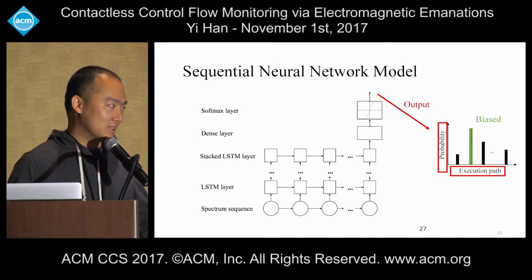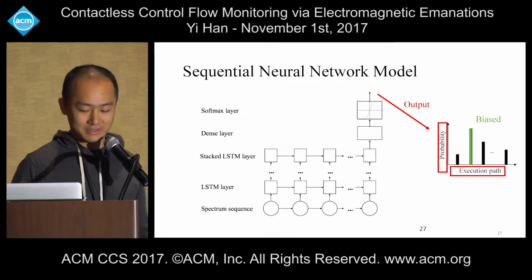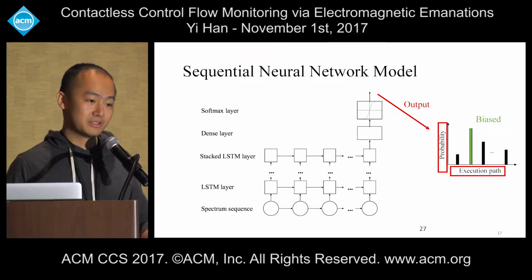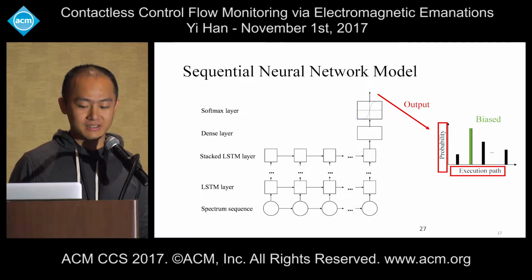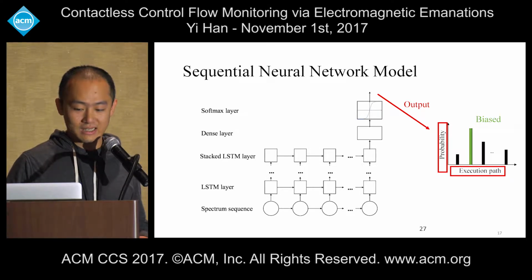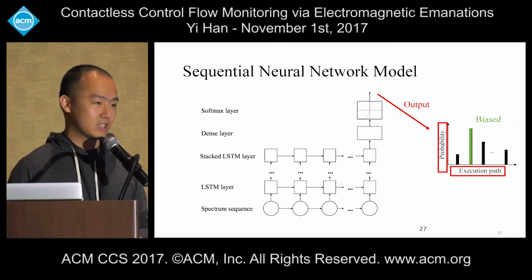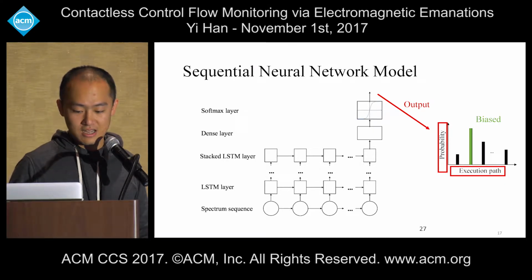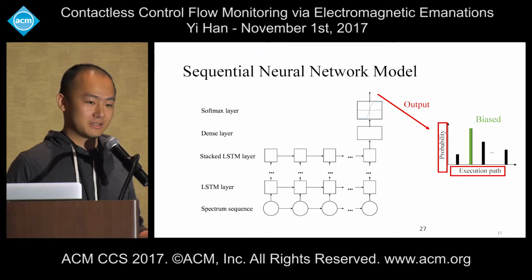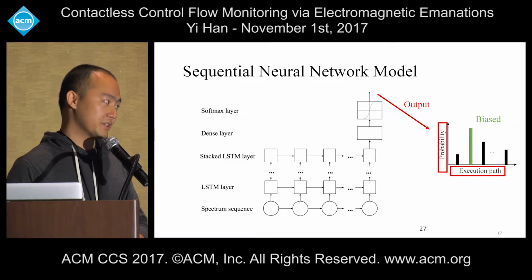The LSTM layers, the long short term memory layers, are able to capture the structure of the input sequence. This is because it maintains hidden state vectors along the sequence. That is to say, at each time step, the current state vectors are computed based both on the previous state vectors, which carry the history information, and the current input spectrum. So in this way,